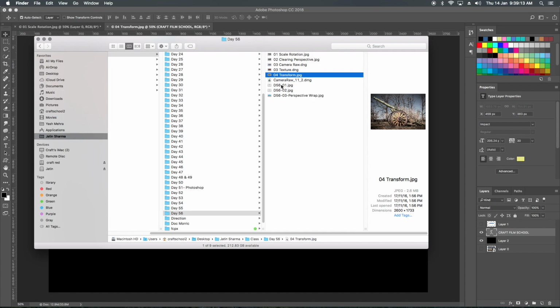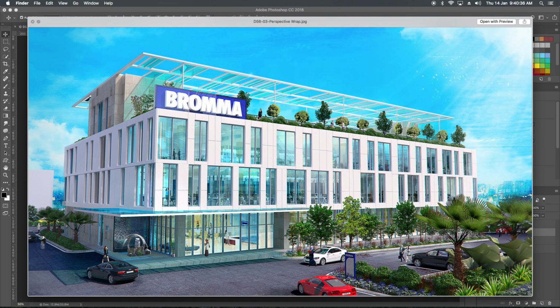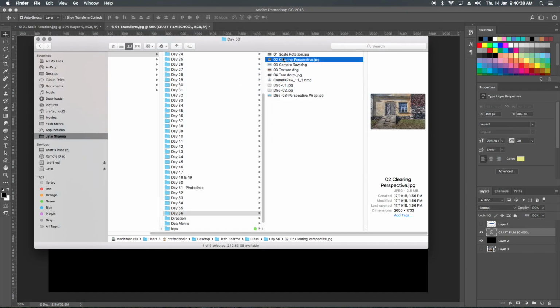Sometimes the camera with a wide angle took an image or a video in which we need to do some perspective or distortion corrections. So that also we can do here. So now this is clearing the perspective. We'll do some more things here, but let's start with the basics.